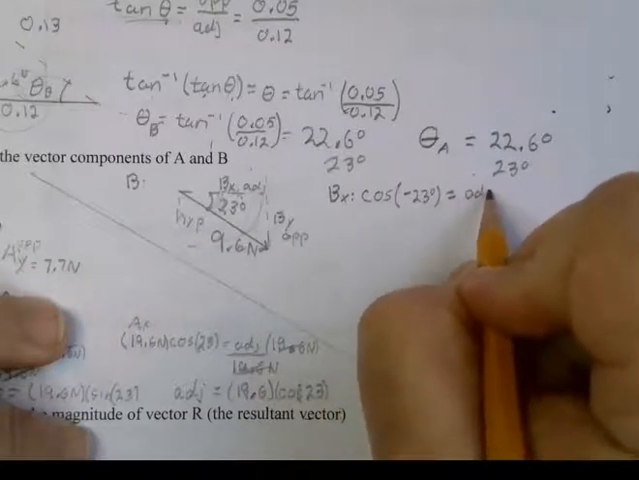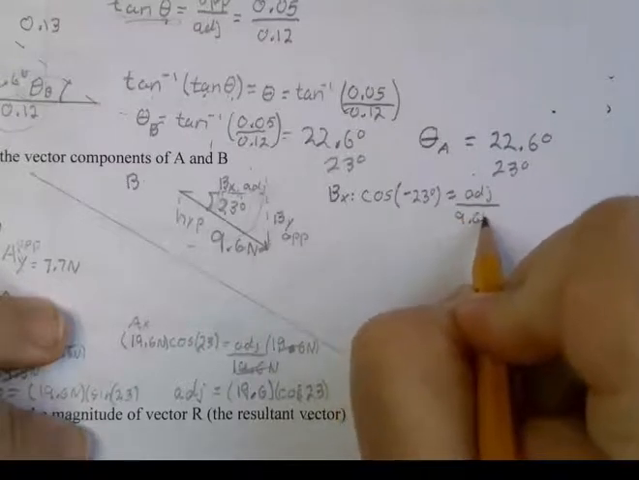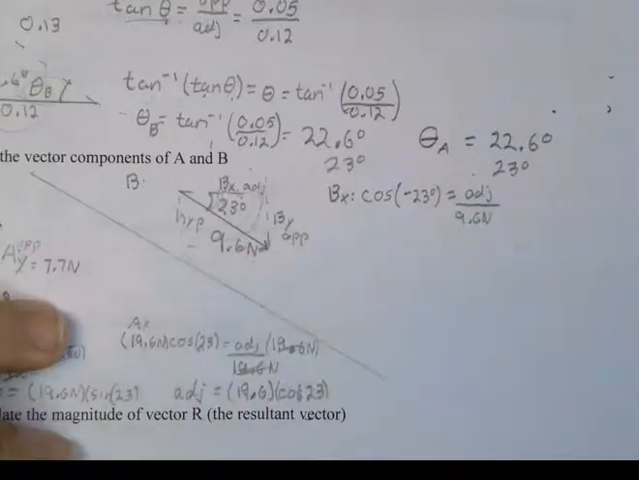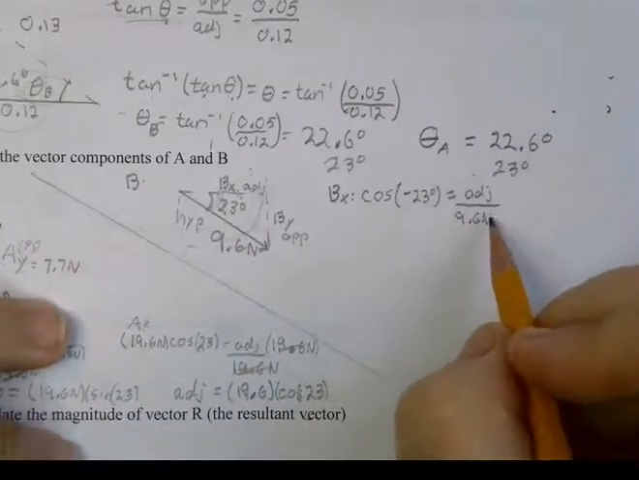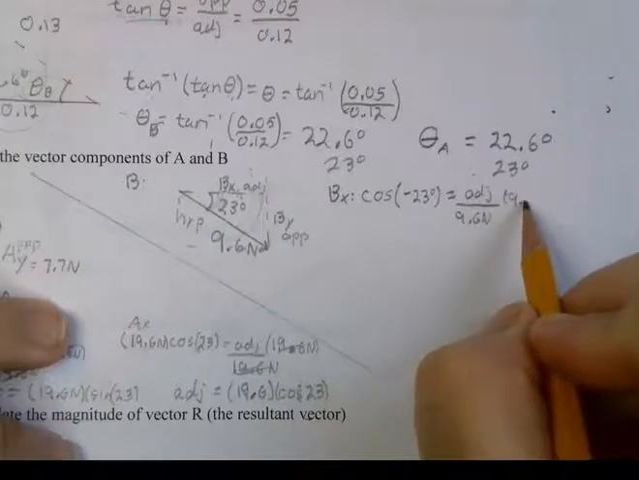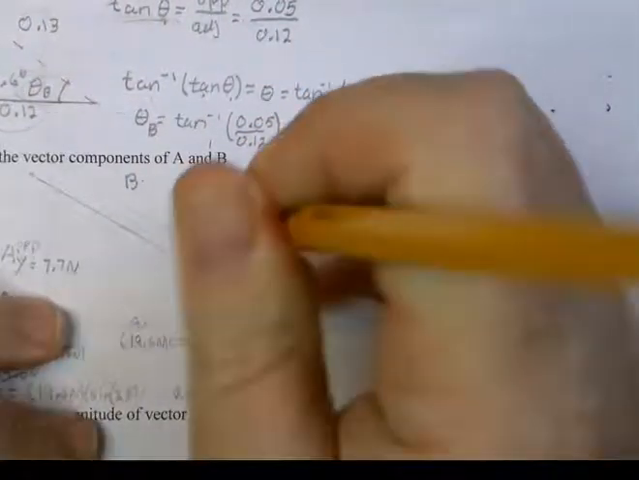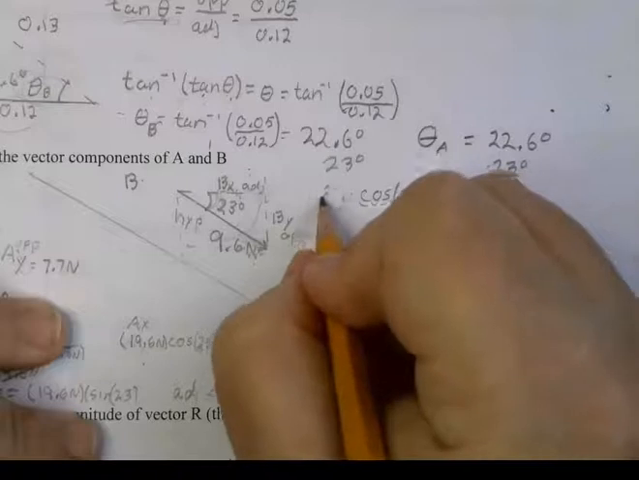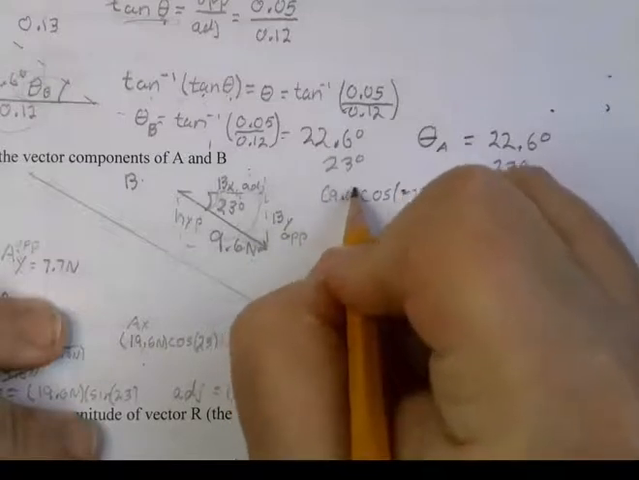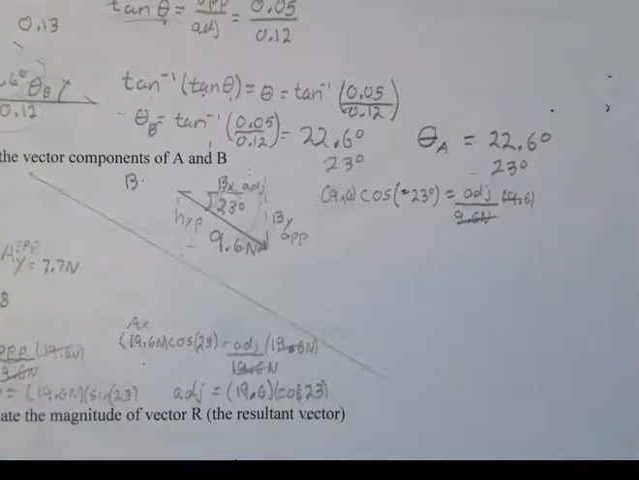adjacent over 9.6. That's the hypotenuse. Adjacent over hypotenuse. Okay. I'm going to skip the algebra step. You know that you're supposed to multiply. I won't. I don't want to skip any steps. 9.6 on this side, and 9.6 on this side. Cancel, cancel. And you get 9.6